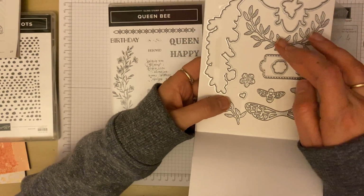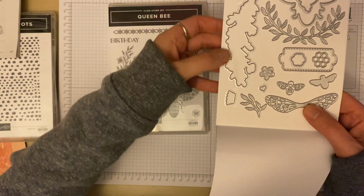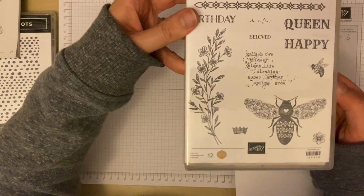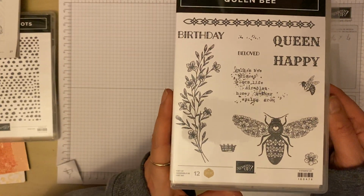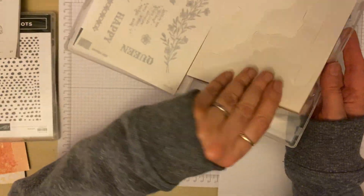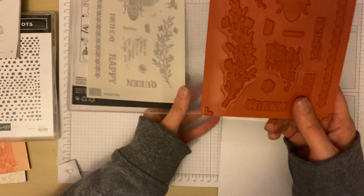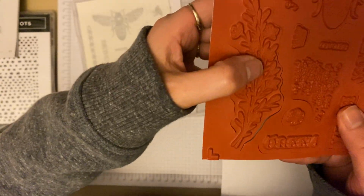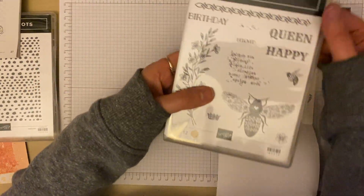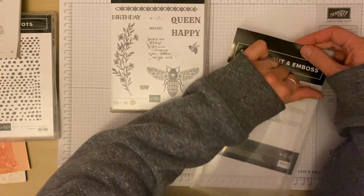So you've got some leaves, you've got your bee, the wings of the bee, and then this cutout of the flowers, and some other little bits and pieces. And then this is the stamp set. Absolutely gorgeous. So it's a cling stamp set, so it's on the red rubber. You can see you've got the big flower there, and then your bee, and then some sentiments as well. Really nice bundle. I'm looking forward to using that